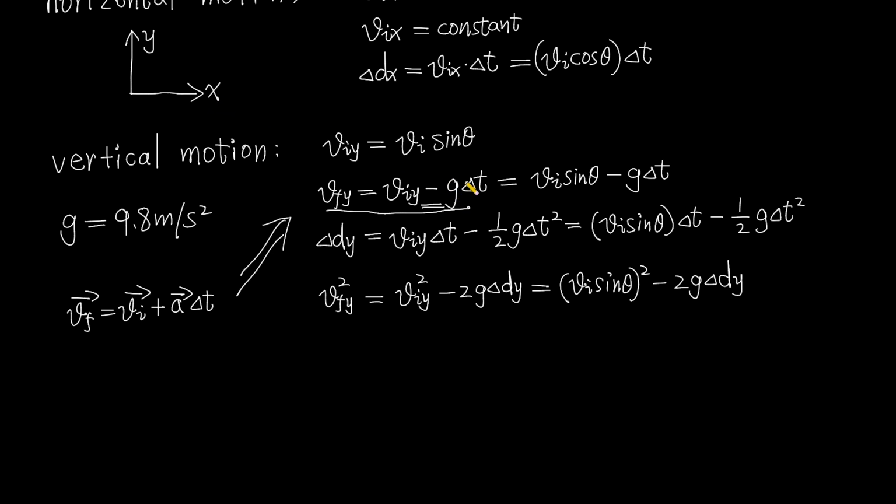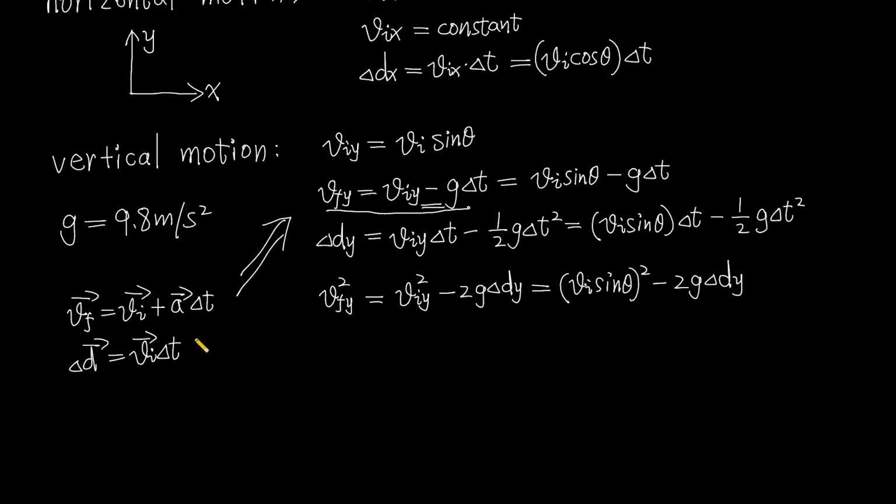But the actual direction of the gravitational acceleration is down. So its direction is opposite to the positive direction up. So here is minus. And also we learned this formula,